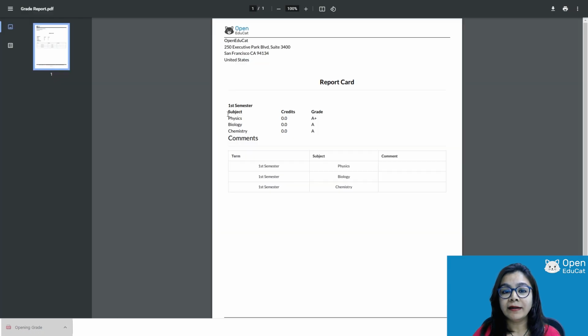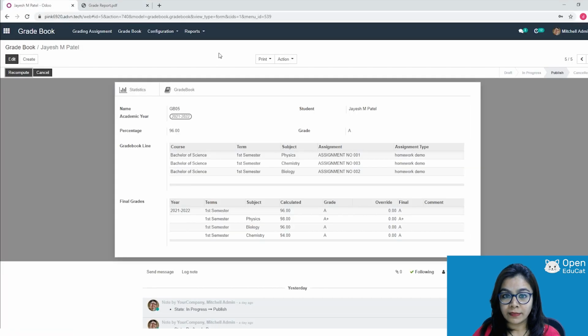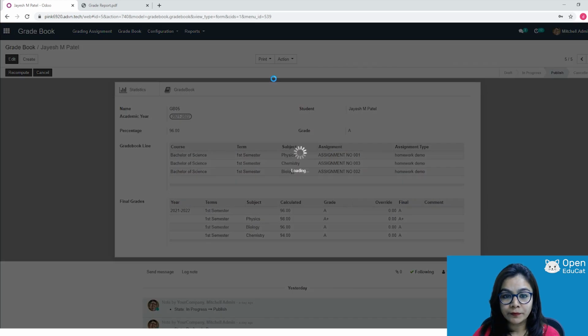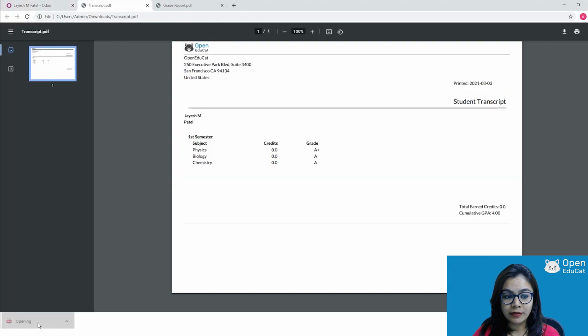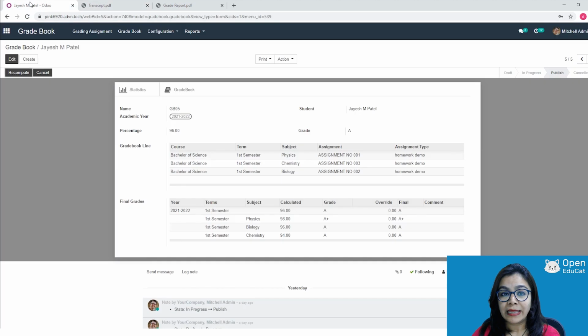Here you will get the view of that report card. Now if you want to print the transcript, then you can click on the transcript button. Now that transcript is downloading and you will get the view of this transcript. In this way you can print both report card and transcript.